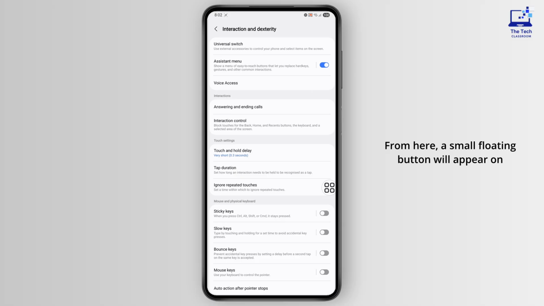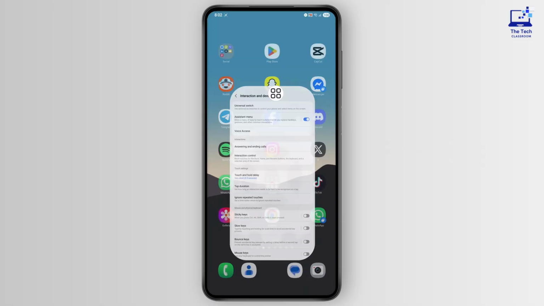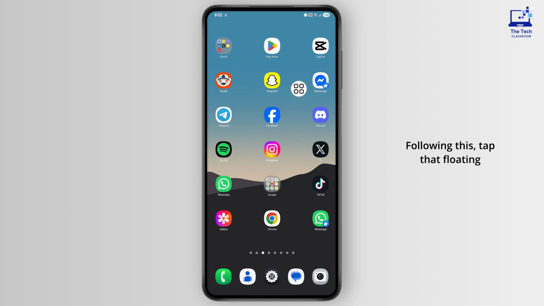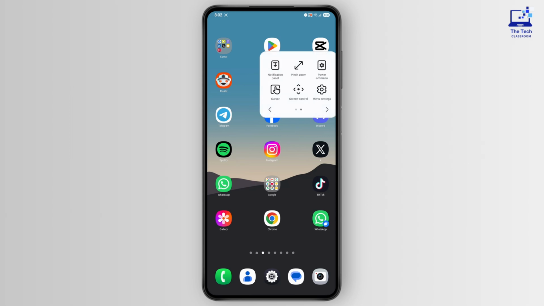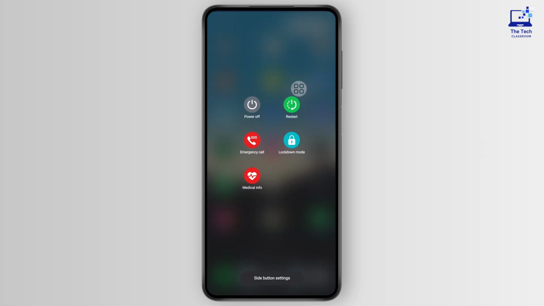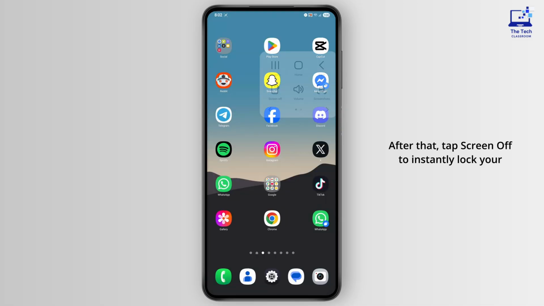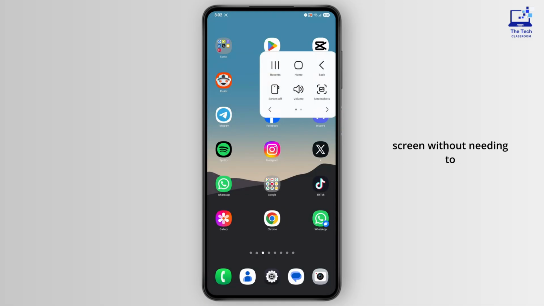From here, a small floating button will appear on your screen that you can drag and reposition anywhere you want. Following this, tap that floating button to open the Assistant menu, and you'll see a Screen Off button alongside other options like volume controls. After that, tap Screen Off to instantly lock your screen without needing to reach for the